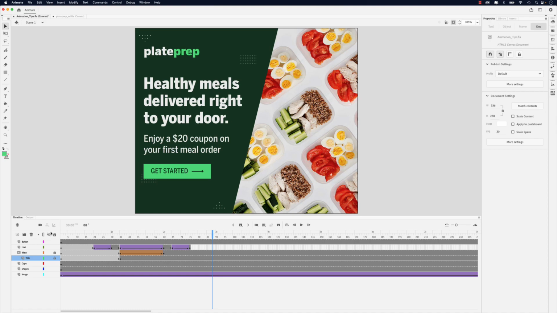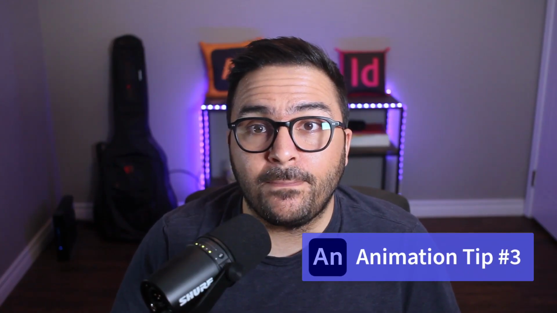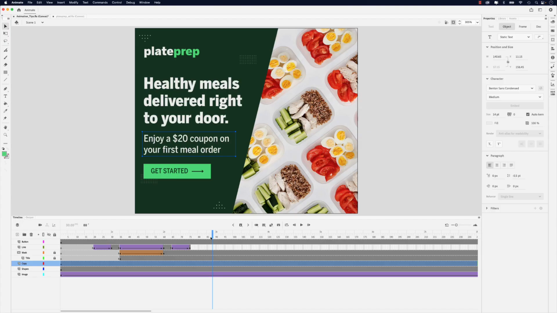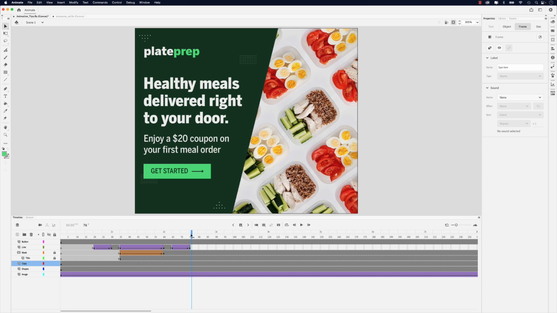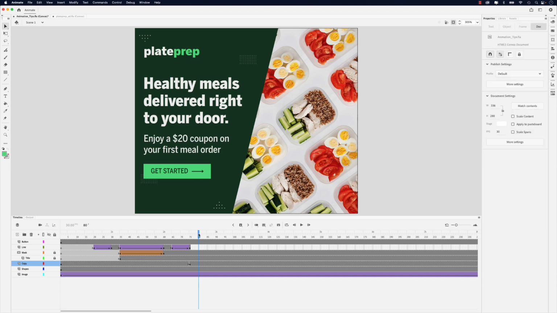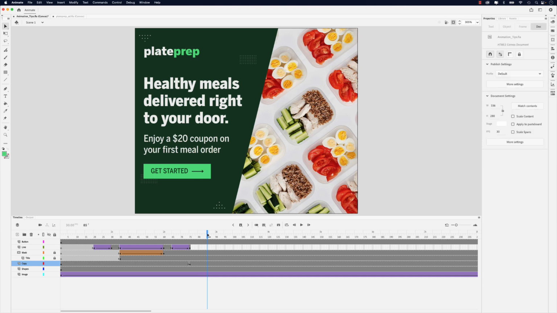That's looking really good. The third animation tip, we'll look at how to set a fade in effect to a text element. We'll start animating this at the 75 frame mark. So in other words, when that line closes at 75, I want the copy animation to fade in. So I'm going to click 75 frame mark on the copy layer, press F6, and we'll have this come in. Let's do 85,